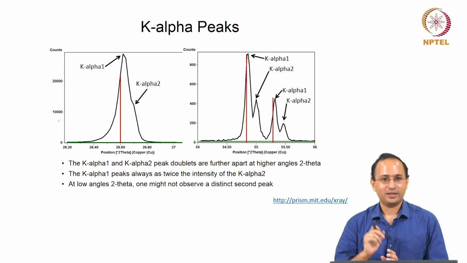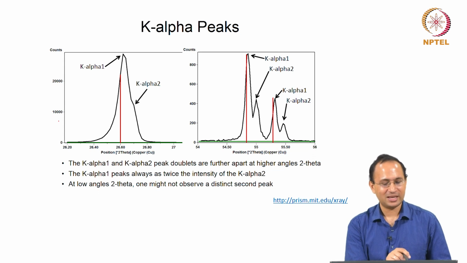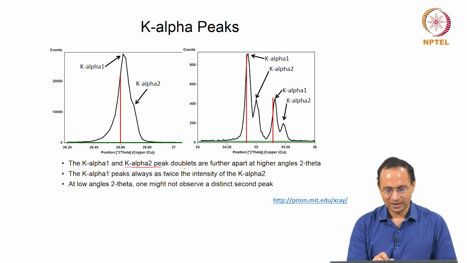So, we know that in the characteristic spectrum, right, we talked about K alpha, L alpha, those things. So we can use filters to get rid of, for an example, L alpha, right. If you go to lecture 1, we talked about how we can use a lot of filters because we want monochromatic X-rays. Monochromatic is nothing but single wavelength, right. But it is very hard to separate K alpha 1 and K alpha 2. Still you will get these two peaks, right.